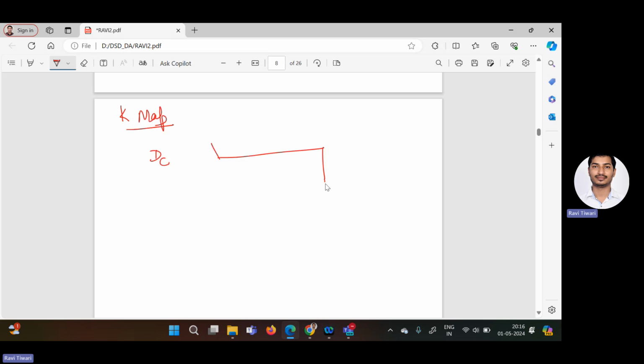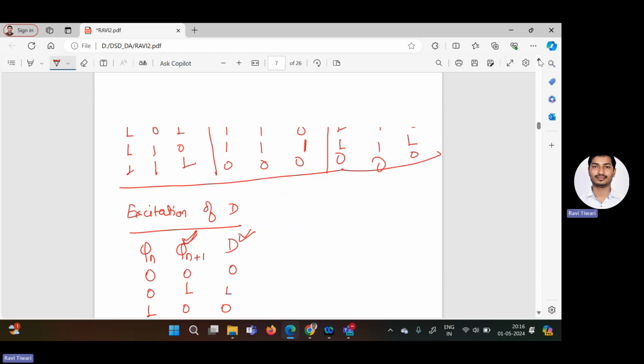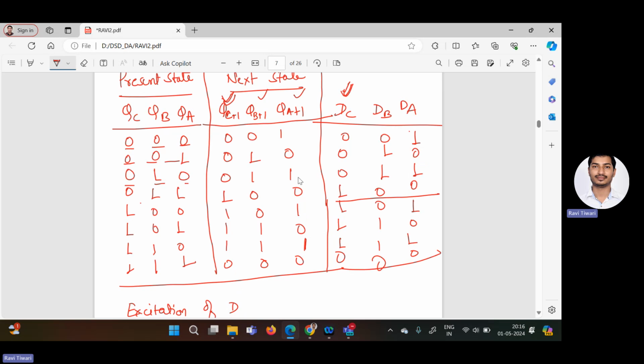As we are having 3-bit as an input, we have to make the 3 variable K-maps like this: 0, 1, and 0, 0, 0, 1, 1, 1, 1, 0, because it's following the gray code. Now we have to check for which combination the value of DC is 1. So now here you see DC is 1 four times,